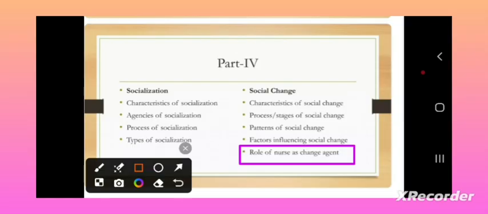Next, the role of the nurse in social change. In a healthcare and community context, a nurse acts as a change agent. Identifying problems: recognizing systematic issues in patient care, community health, and organizational workflow. Advocating for patients or community: promoting better health practices, new policies, or resource allocation. Educating: introducing new evidence-based practices to colleagues, patients, or the public. Facilitating adoption: guiding a team, unit, or community through the process of implementing a new procedure or